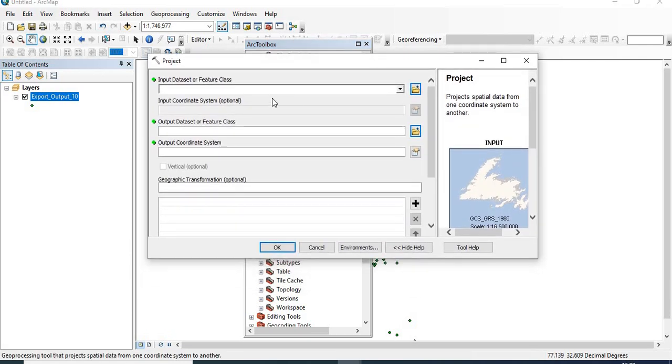Here you will see that the Project dialog box has popped up. So select the input dataset or feature class. You can use the drag and drop option also. Here you will see that this export output 10 file has been added to the relevant box, and input coordinate system WGS 1984 is there. So what we have to do is assign the output coordinate system.